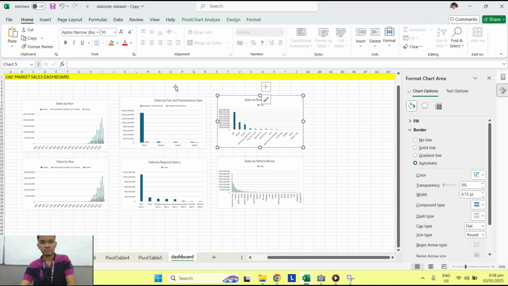There you go. After this, now we have a dashboard.